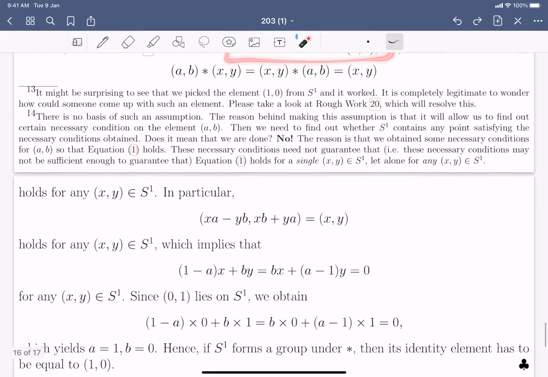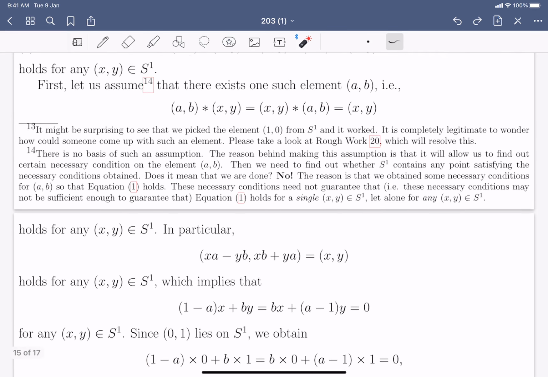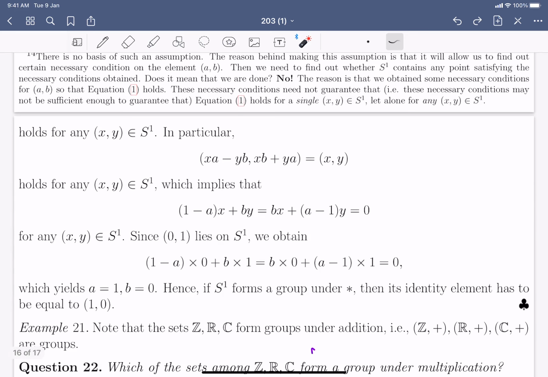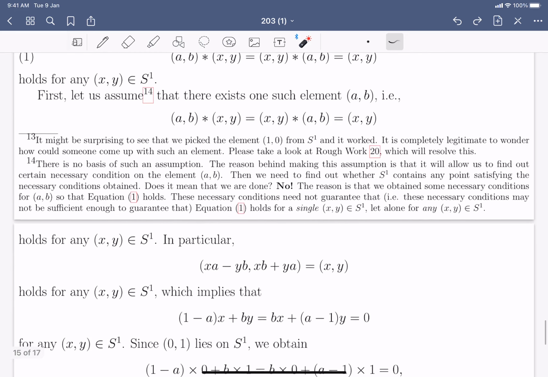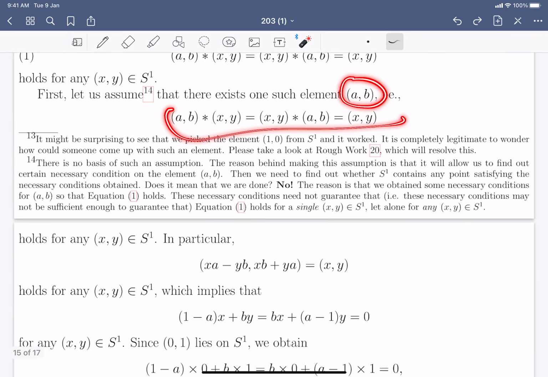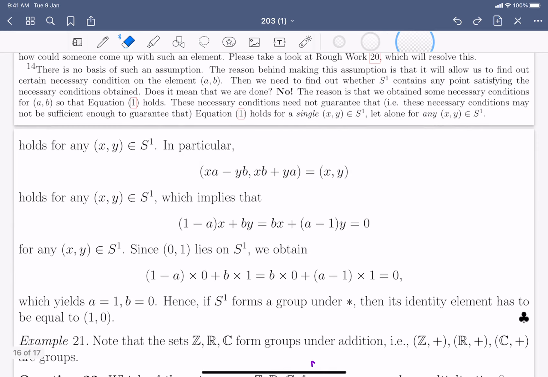So if there is one, then certain necessary conditions have to hold, and in that case we know, if there is any such (A, B), what it has to be, and then we have to see whether that (A, B) satisfies this condition or not. Anyway, so we assume that there is one such element (A, B) such that this holds, and in particular,